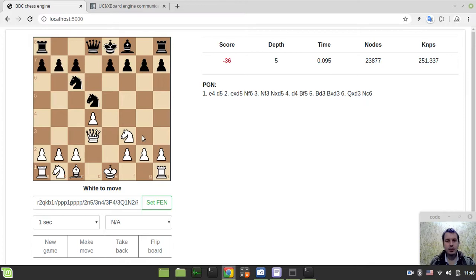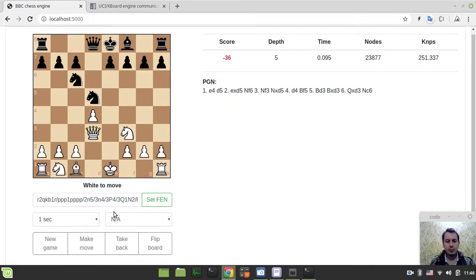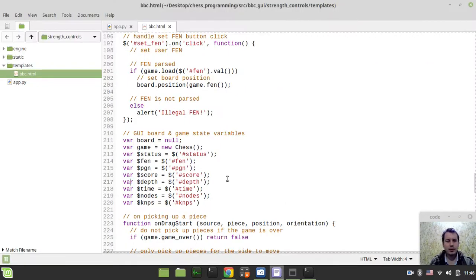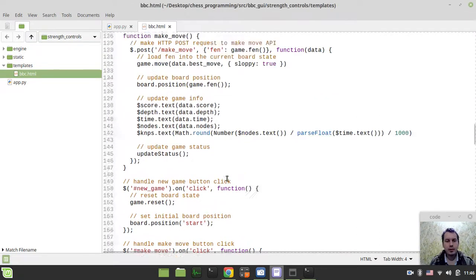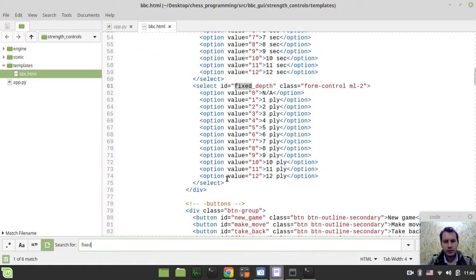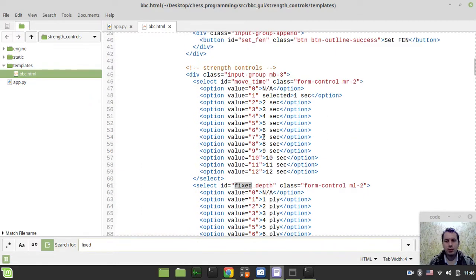Okay, guys, this is great. And without further ado, let's actually go and try to implement these time controls, these strength limits. So first, we need to hook these elements. I don't even remember if I did give them. Probably I had to give them some names. So let's say fixed depth. Okay, I gave them. So fixed depth, and now we need just to pick up the selected one within our